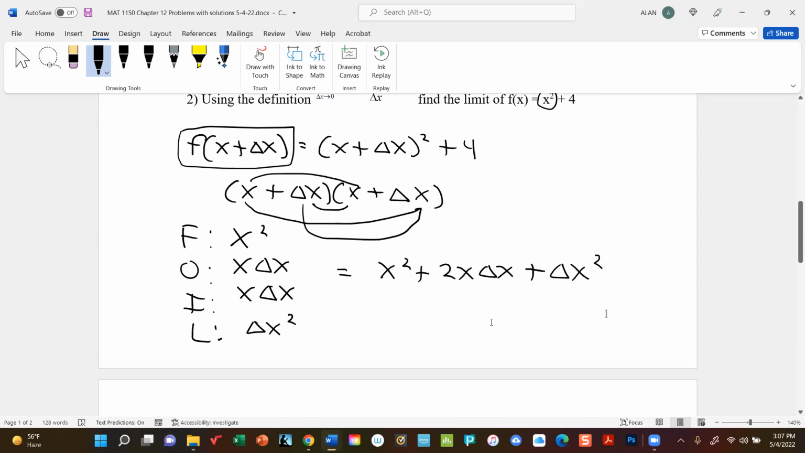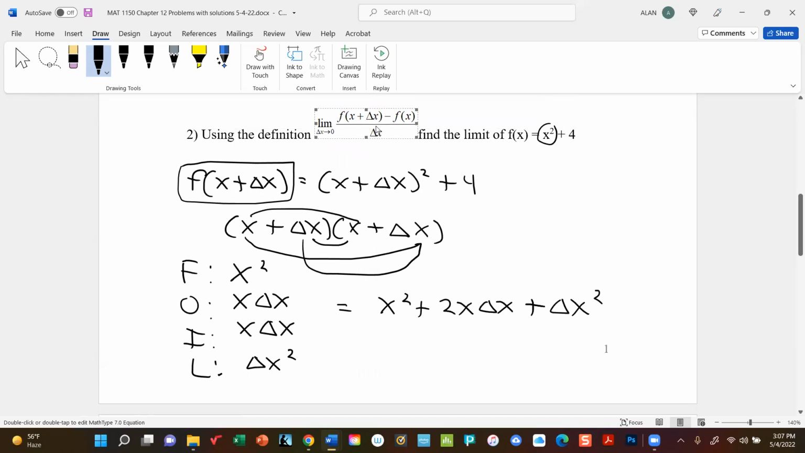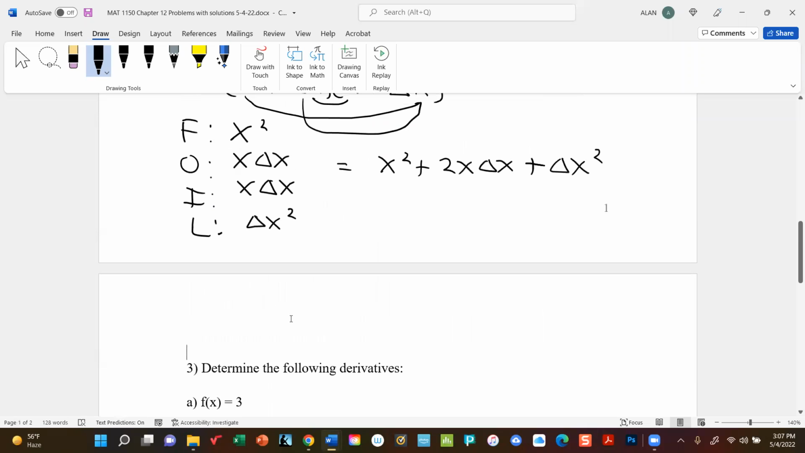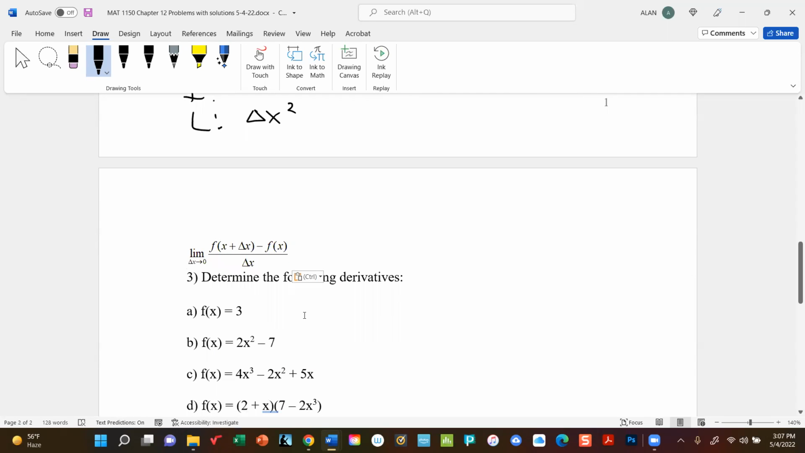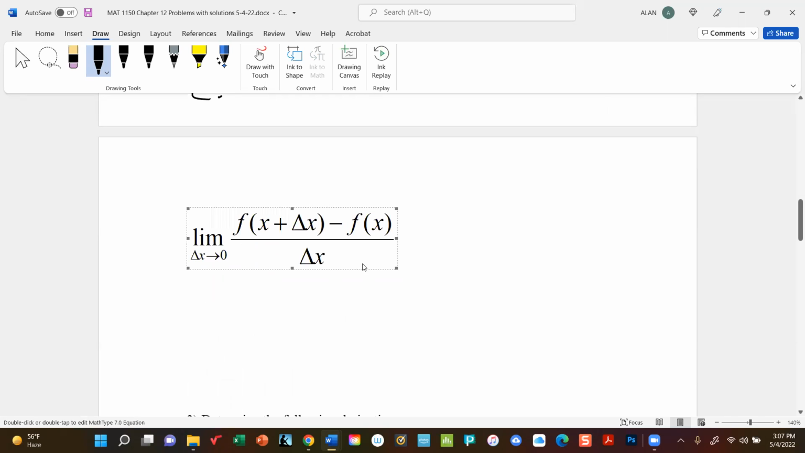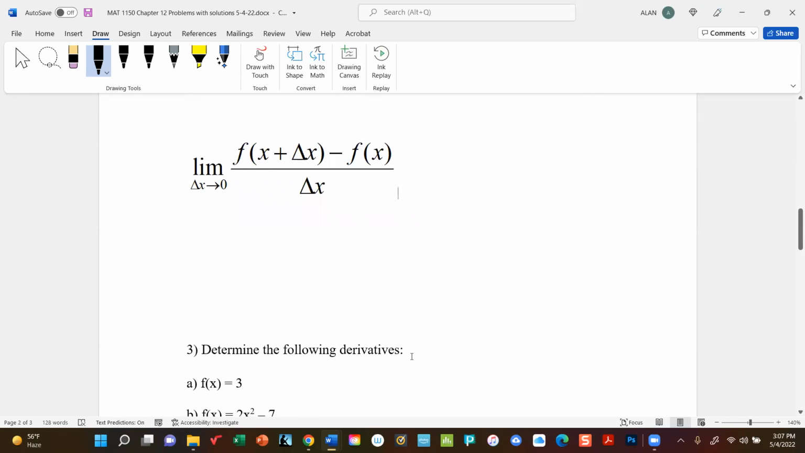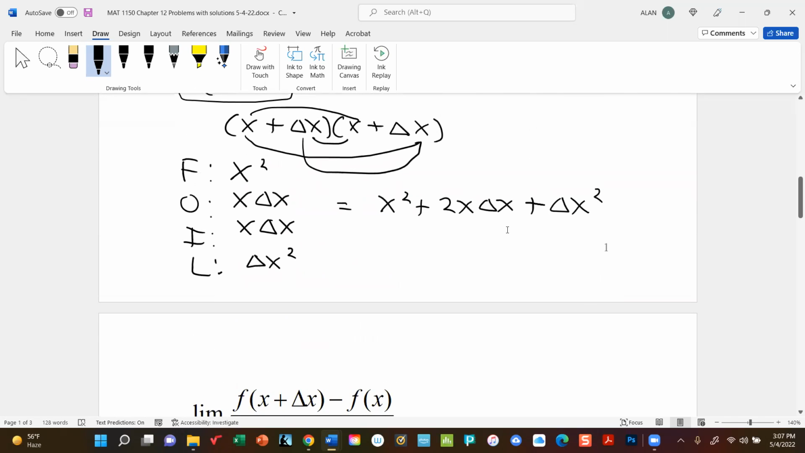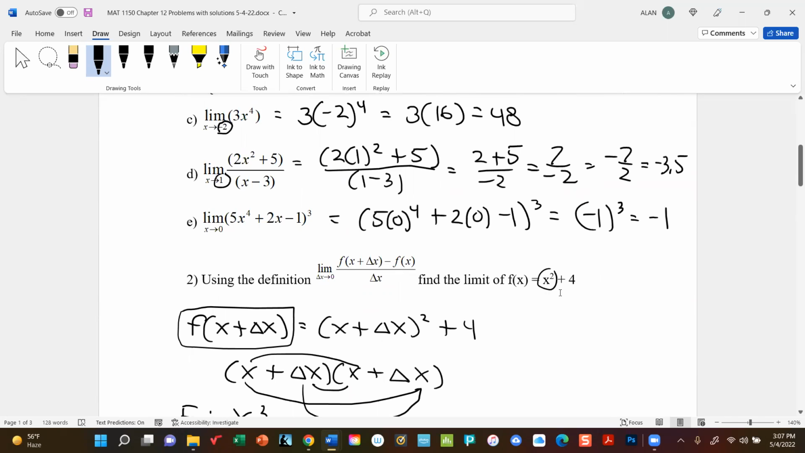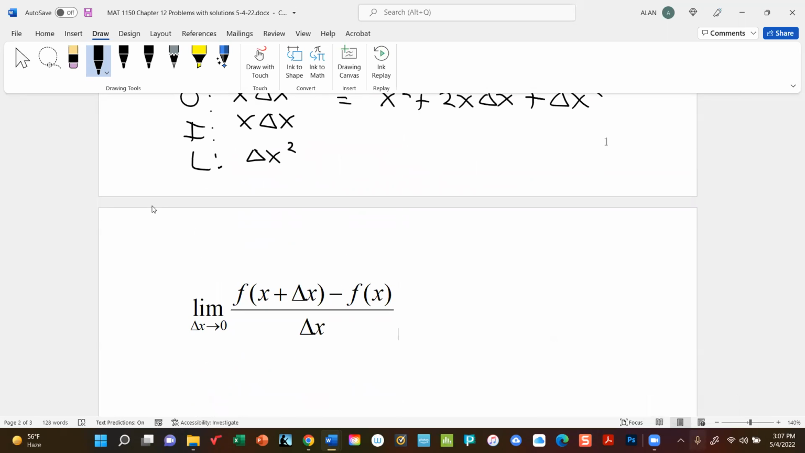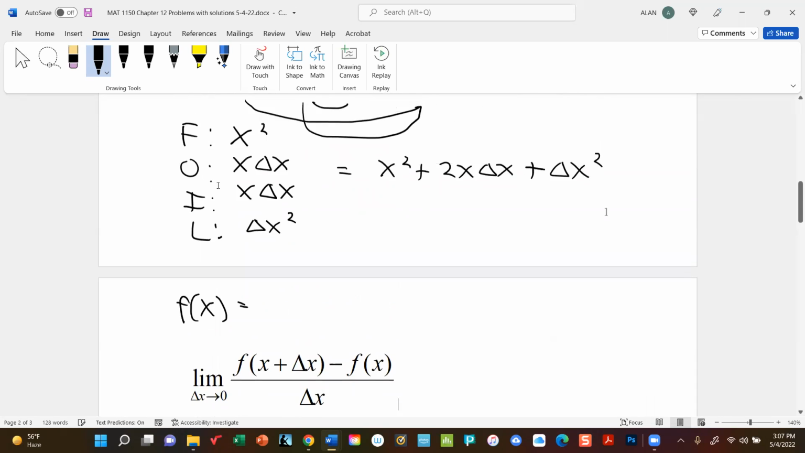But we're not done, because the definition tells us that we need to write out the following expression. Now we already know what f of x is. The original function up here you can see is x squared plus 4. Okay, so actually let me repeat these down here. f of x is equal to,